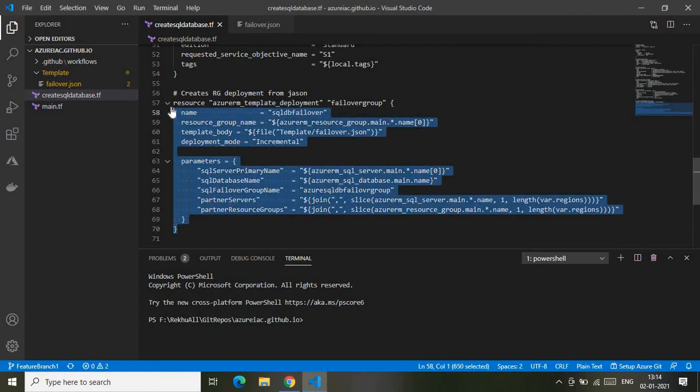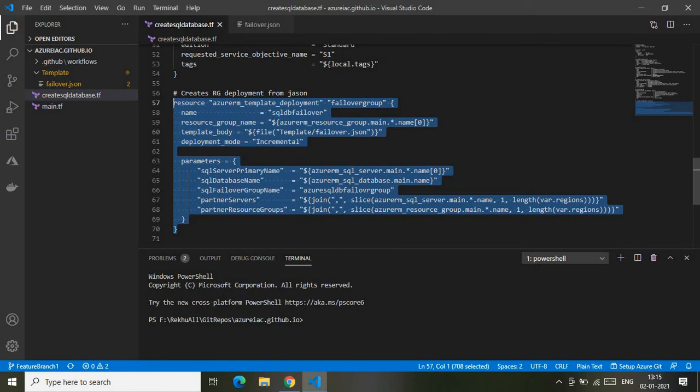Then this is my last block. This block is responsible for running an Azure RM deployment, the Azure Resource Group deployment. You might know that a resource group deployment is nothing but a template deployment, through which we can provision resources, right? You might have already tried deploying the Azure Resource Group deployment via PowerShell, CLI, or some other SDKs as well. Similarly, how can you deploy the ARM template via Terraform? This is the block which can do that.